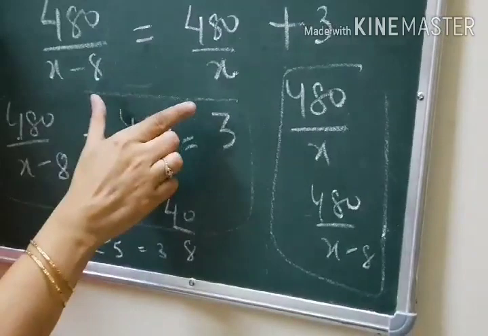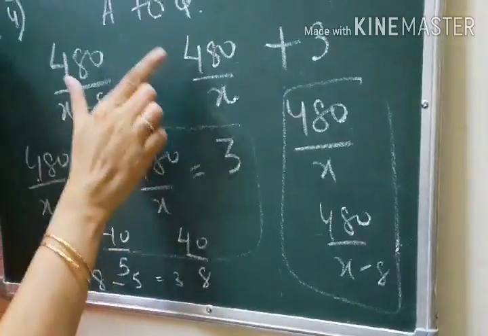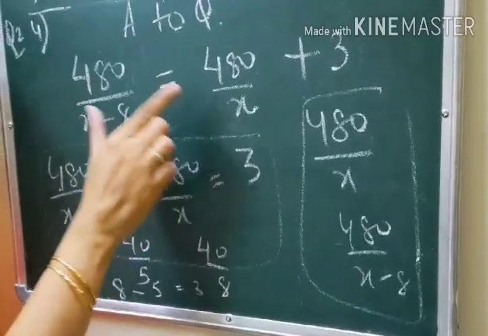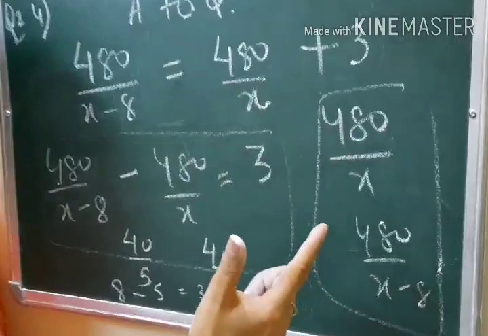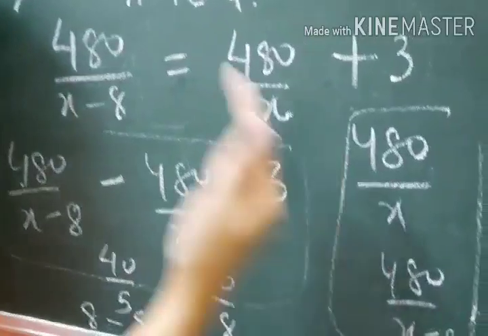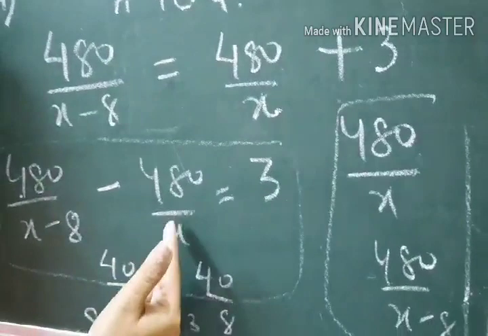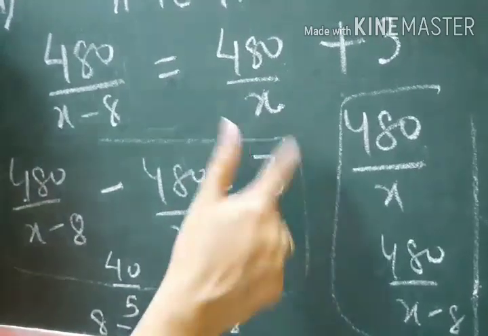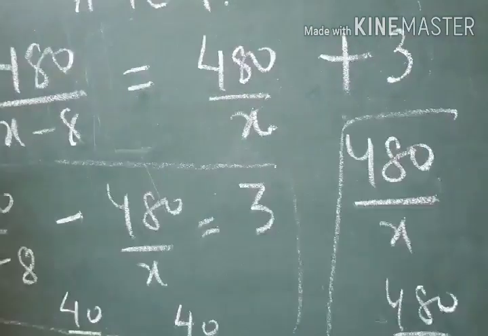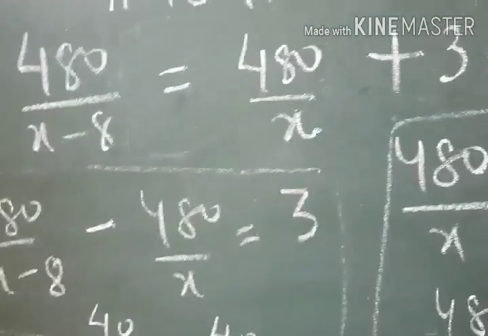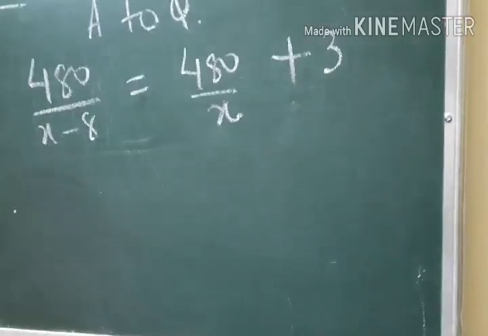Those who understand how to frame the equation with the question, well and good. But those who are not understanding it and finding it difficult to frame the equation, they can use this method. First write both the times, and whatever denominator is smaller, write that first. Put minus sign yourself, write the denominator which is bigger, and then equal to whatever time is given in the question. That is the simple layman method which you can easily follow. Right? So we have framed the equation. Now you have to solve it.